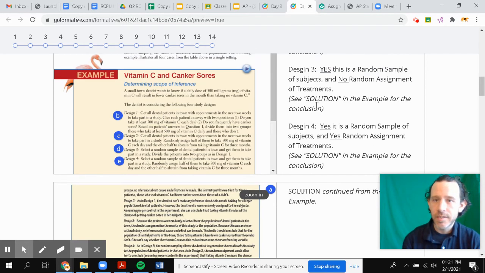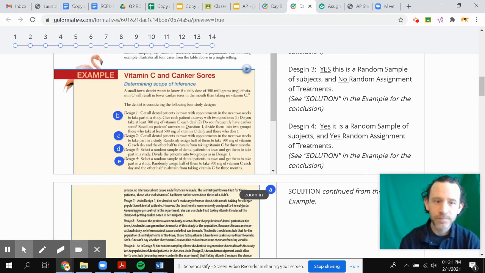So what is design 3? It's a yes for random sample, because we randomly selected from dental patients, but we didn't assign who was going to get vitamin C or not. So we can give the results to the population, to all dental patients,